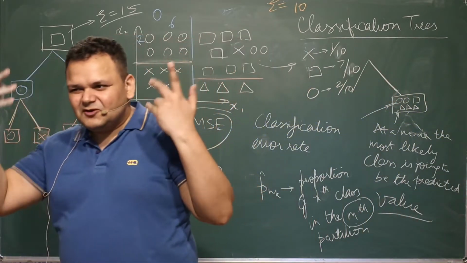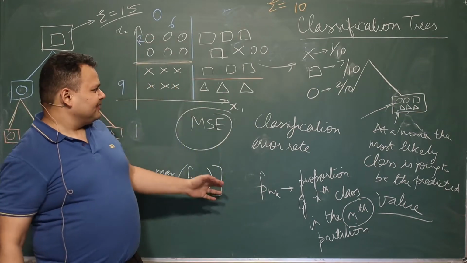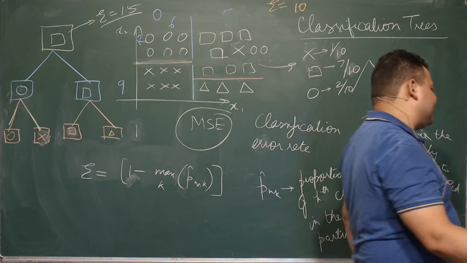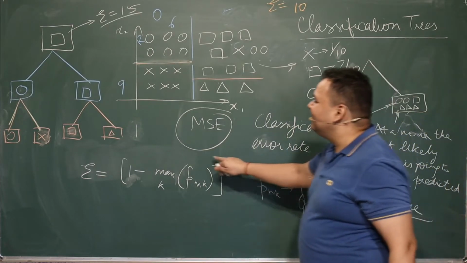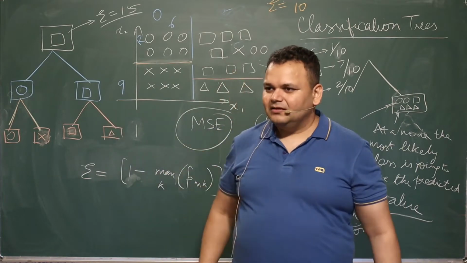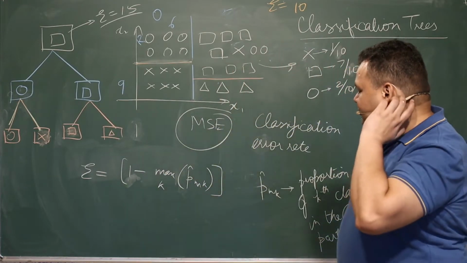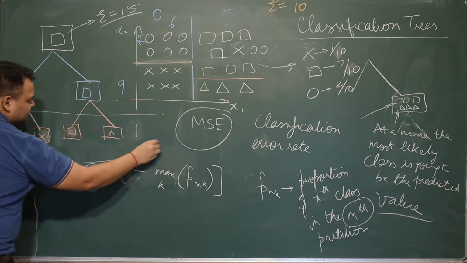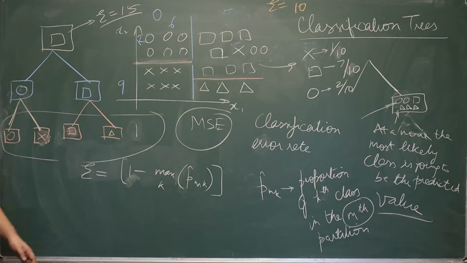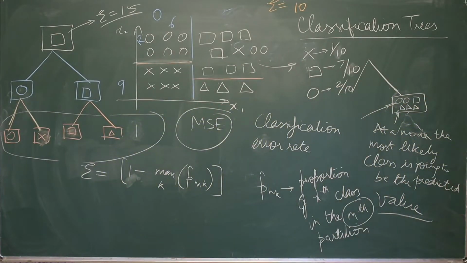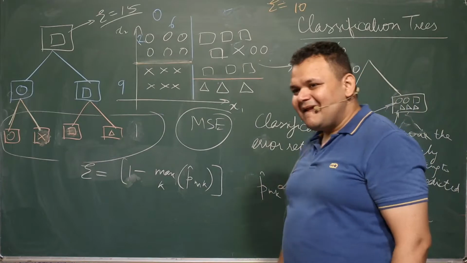If we were to talk in terms of percentage or ratio, it is going to be 1 minus 7/10. Okay, so 0.3. So this is a more elegant way of writing the error at a particular node. Okay, and what do you do about the total error? It is going to be the error on all the leaves put together. That is going to be the total error.